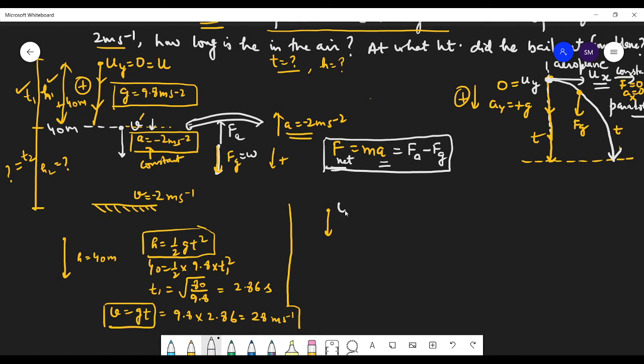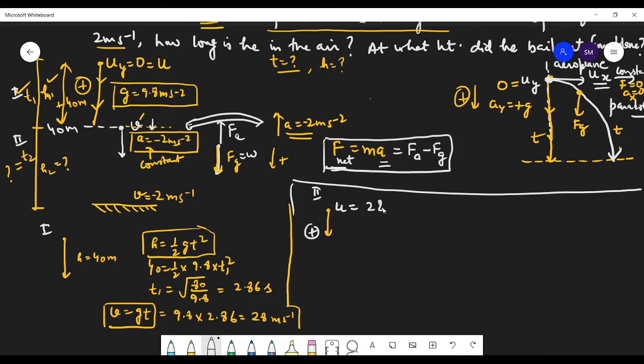So now your velocity here is initial velocity. So this final velocity will become initial velocity. Now case second. So this was case 1, this one, and this is your case second. So u equals to, and we have taken downward direction, motion as positive direction. So u equals to 28 meter per second.